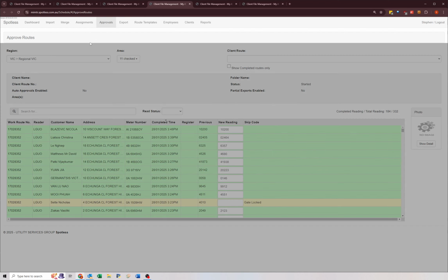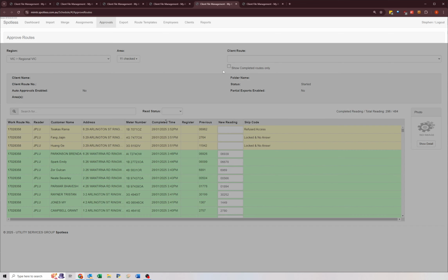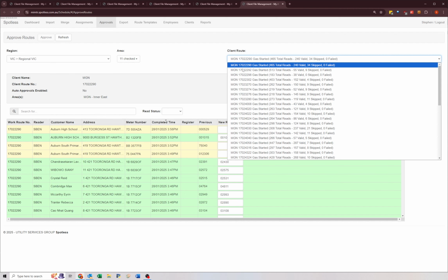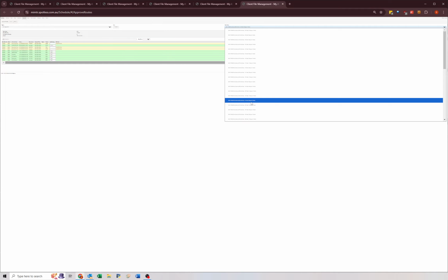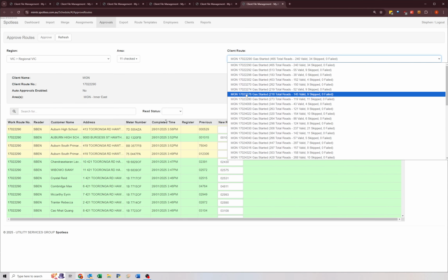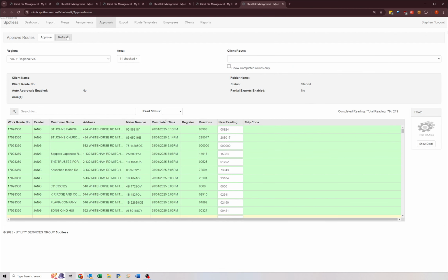Make sure you let go of control when you scroll. Otherwise, if you scroll while holding control, whoops, zoom out. So let go of control, scroll down, find your next route. 8360,